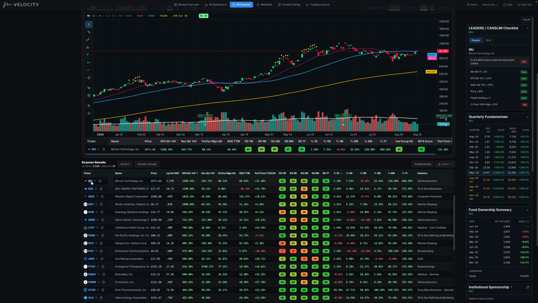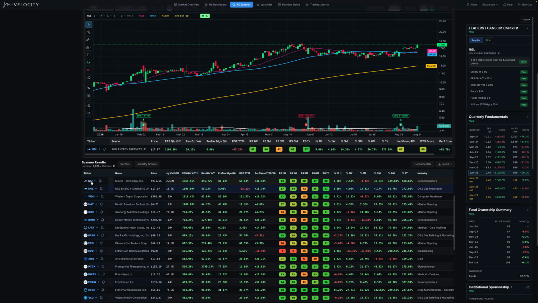All right, so now I'm clicking through, just skimming through. I'm hitting the down arrow, and I'm looking at these side windows, and I'm looking at the earnings change, the sales, the fund ownership, whether it passed my general leaders checklist here. And this is how I'm doing my quick review. And if I see a name that I want to come back to,